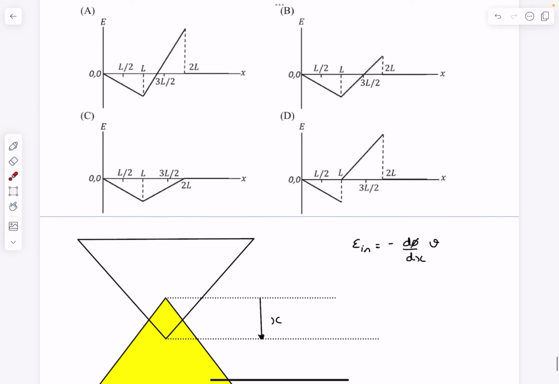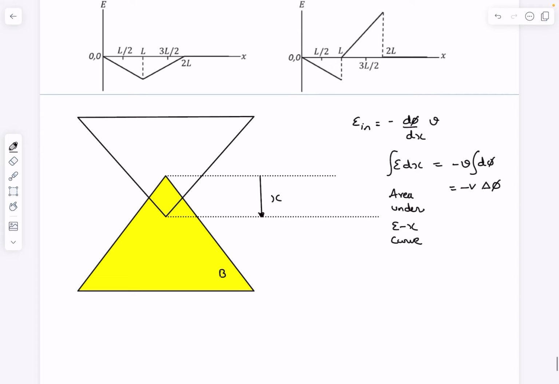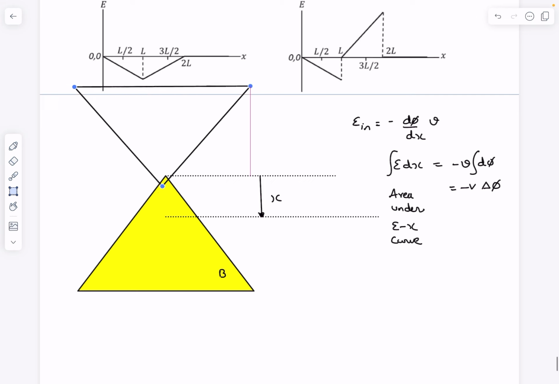Alright, so now in the options, if you observe, we have been given E versus X plots, right? And now we have a relation on E and X. So if I take dx to the other side and integrate on both sides, then on the LHS what I obtain is the area under the EX curve, and the RHS just simplifies as minus V times delta phi. So now the interesting idea is that in the initial situation when the loop was completely outside,